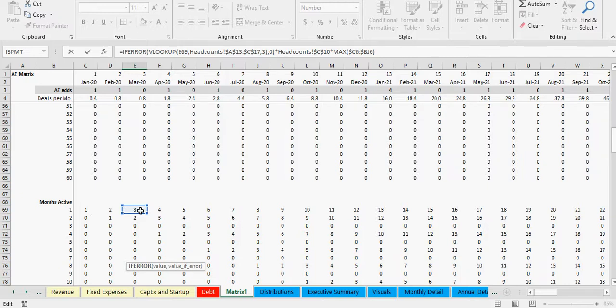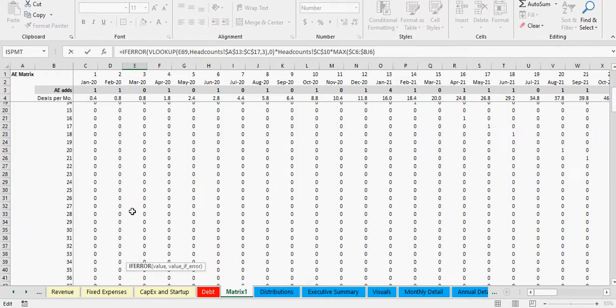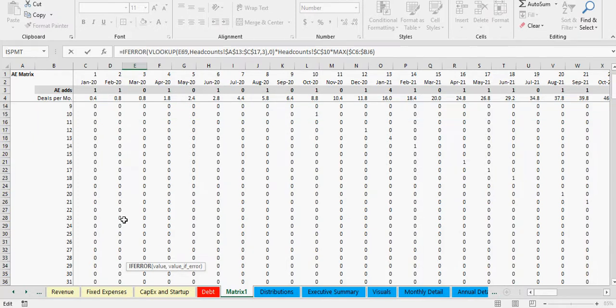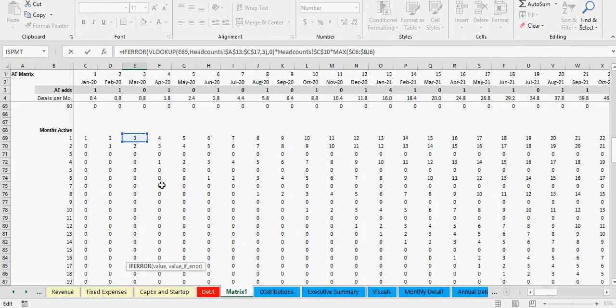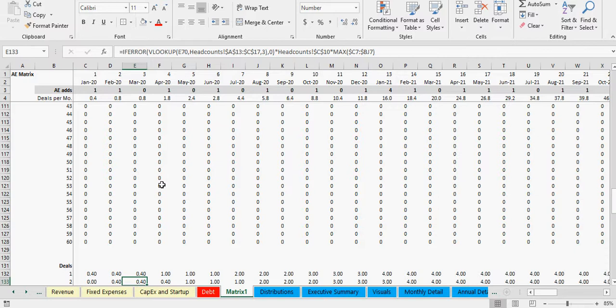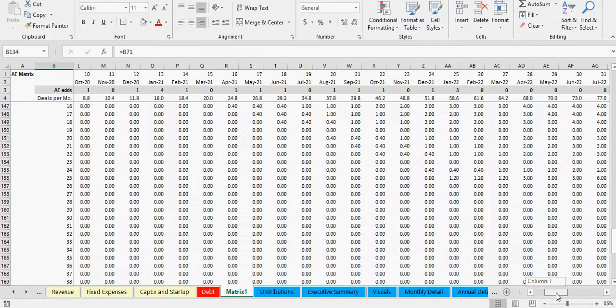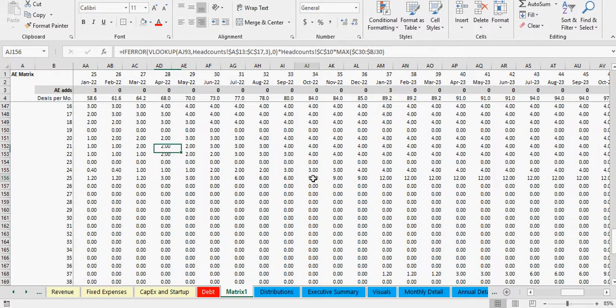So that's going to be based on how many months they've been active, times the actual amount of AEs that were hired in that month, times the actual deal quota, and that number will get us the amount of expected deals for all the AEs that were hired in month 1, month 2, month 3, and so on. And you can see if we go to a month where there were a lot of AEs hired,